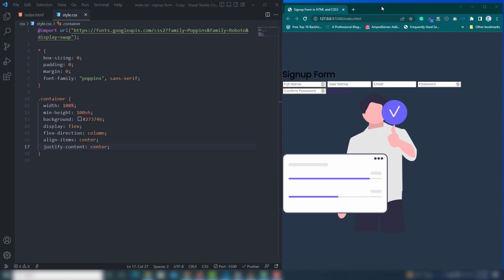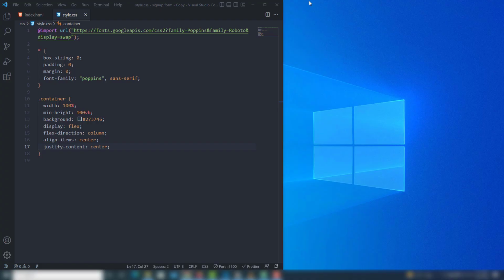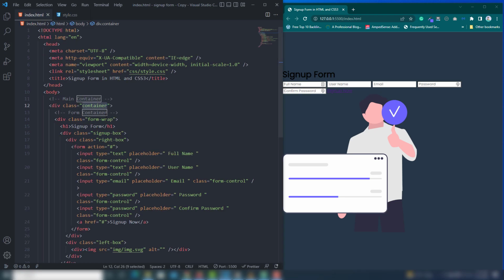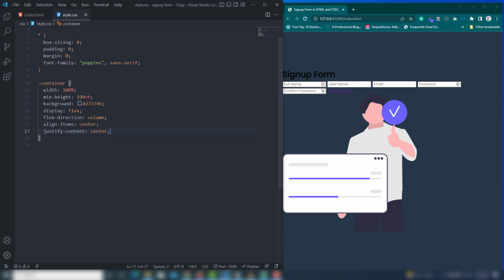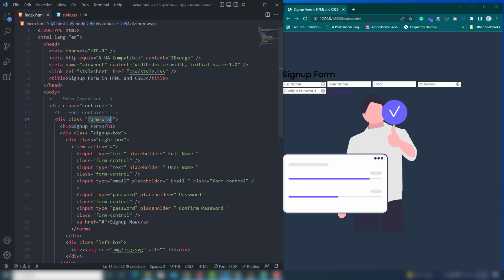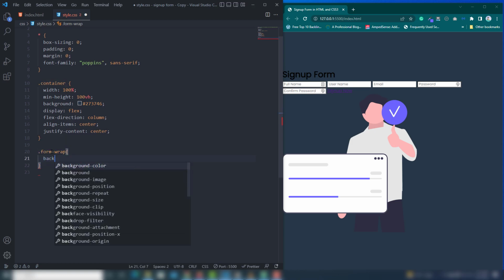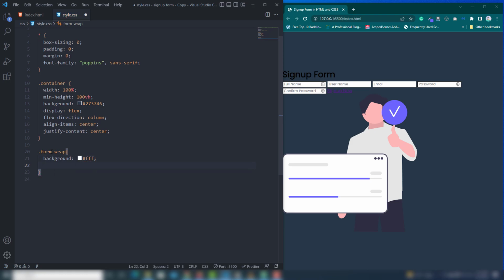In the large screen size you will be able to see everything in the center, right? Then the next thing is you need to target the form wrap class. Inside there is your complete form data, but I want to change the color of this one, so I copy the form wrap class and paste it there. I use background white and width 100%. First I'm going to save that. Let's see,